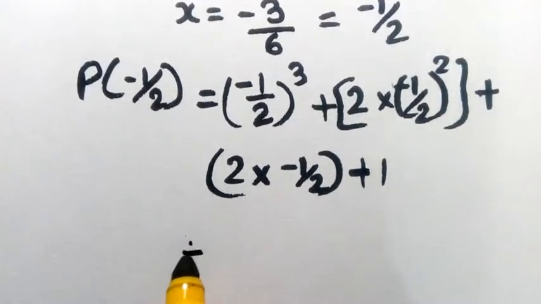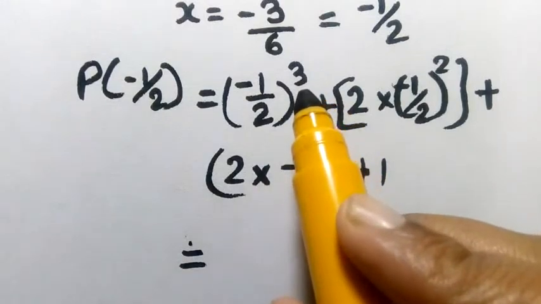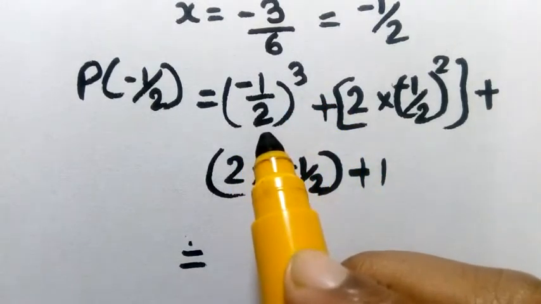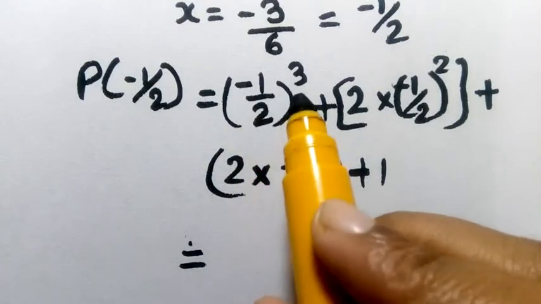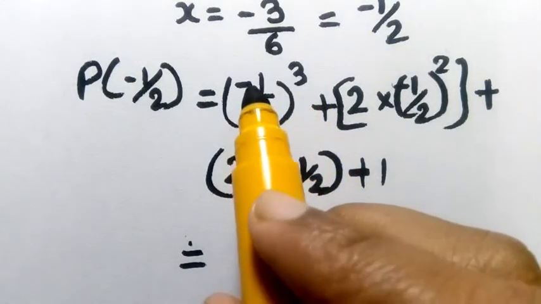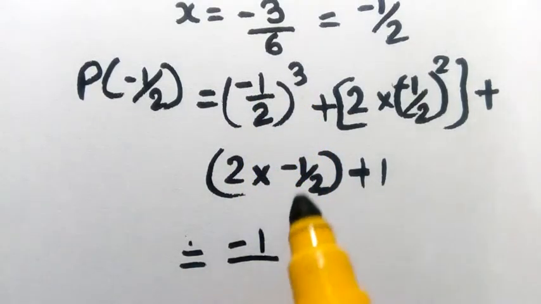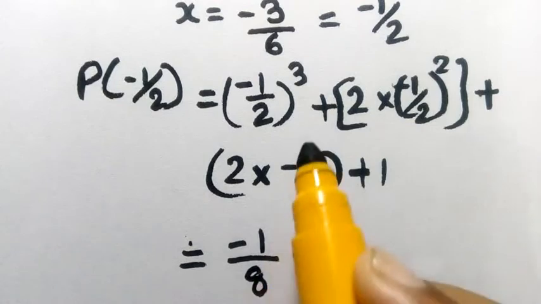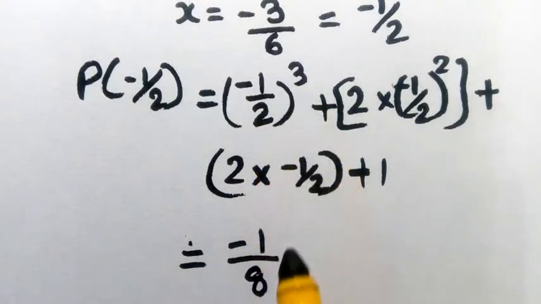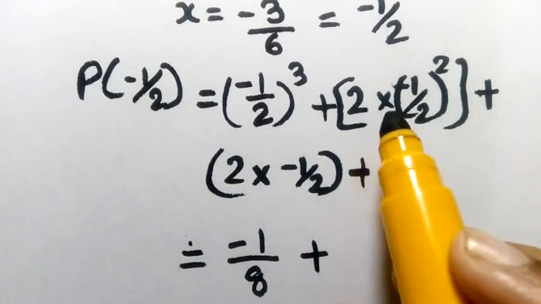Which is equal to (minus 1 by 2) whole cube. Here the cube is common for minus 1 and 2. So the meaning of (minus 1 by 2) whole cube is minus 1 cube by 2 cube. Minus 1 cube is minus 1. 2 cube is 2 into 2 into 2, so 2 cube is equal to 8. Thus (minus 1 by 2) whole cube is equal to minus 1 by 8, plus 2 into